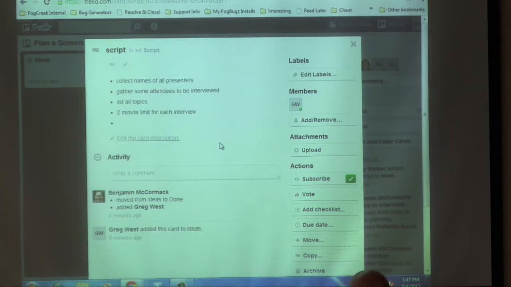And this is a good start, but what you might find out as you start your script card is that it starts to get a little bit more complicated. And you say, okay, we've started the script. We know we want to collect names of all presenters, but maybe that should be its own card, right? So what you might do after you use one card to dump a bunch of ideas is you might start breaking that up into different cards. So let's go ahead and take,